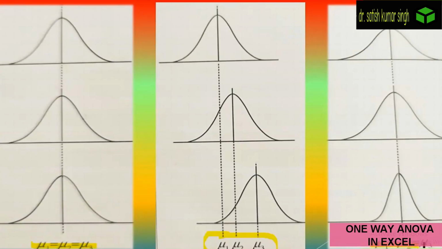Although what is happening here is that the mean in all three cases is equal, but look at the variations. Here it is different. Here the level of variance is different, and here you can see there is less variability because most of the values are near the mean. So we can say this has less variability in comparison to the first and second groups. When these kinds of situations exist, we need to take various decisions, and that's why we need to study the F-test, also known as one-way ANOVA.